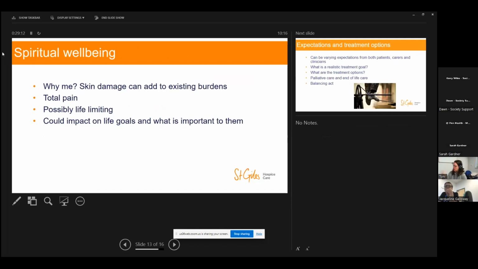There's a lot of literature out there on hope, and I won't do it justice, but that idea that hope changes as you go along, but it doesn't necessarily go away. So he had a hope at the beginning, which was around going to the Vatican. That wasn't possible. So then it was going to the cinema. Unfortunately, that wasn't possible. And then we got to something that we were able to do with him. And that still enabled him to achieve a goal, something that was important to him. And he got good spiritual well-being from that.